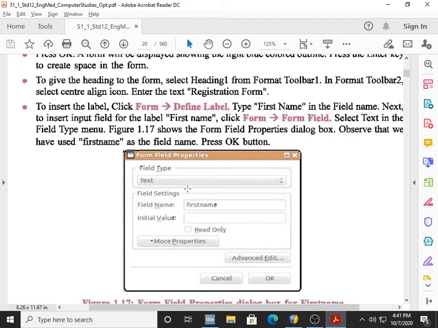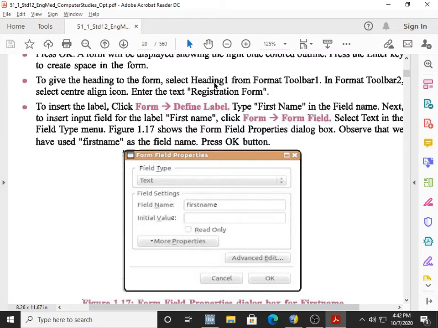Now to give the heading to the form, select Heading 1 from Format Toolbar 1, and in Format Toolbar 2 select the Center Align icon and enter the text Registration Form. I will follow the same sequence. First, in Format Toolbar 1 we have to choose Heading 1.